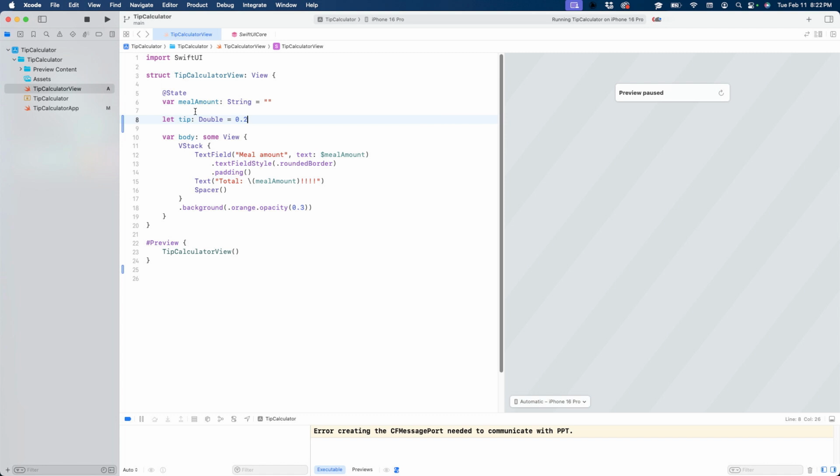I think it's not called a percentage at this point. Maybe one of you knows. It has a different name when you're not multiplying by the 100. But yeah, so let's set the tip amount. Let's set the tip to 20%, and let's see if we can